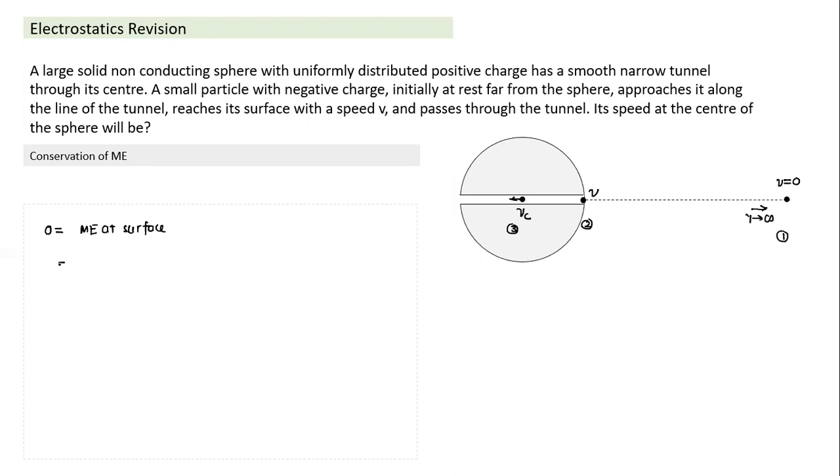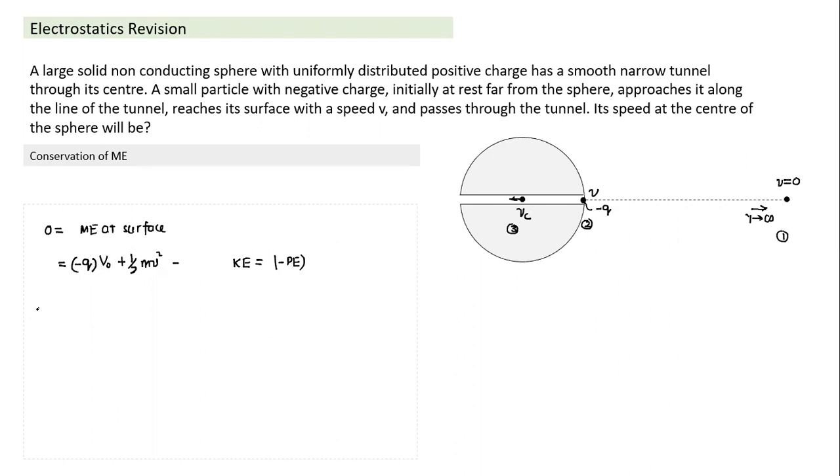We write it up here. The charge is not given, so let's say the charge is minus q, a negative charge. The potential energy will be equal to minus q times the potential at the surface, V, plus kinetic energy 1 by 2 mv square. So we understand from here that kinetic energy is equal to the negative value of potential energy. Here the potential is V naught.